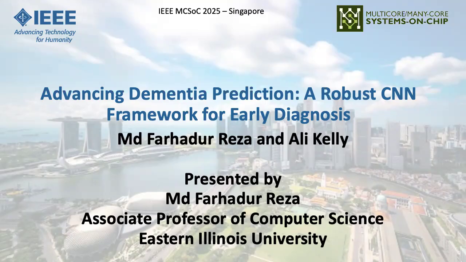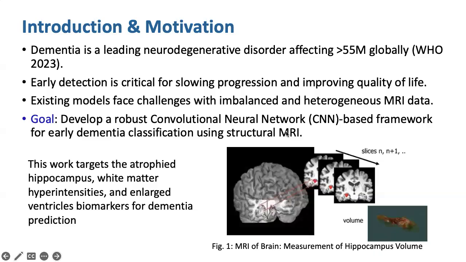We know that dementia is affecting so many people worldwide. Early detection is important for slowing the progression and improving the quality of life, and existing models face challenges with imbalanced and heterogeneous MRI data. This work targets three biomarkers: atrophied hippocampus, white matter hyperintensity, and large ventricles for dementia prediction using convolutional neural